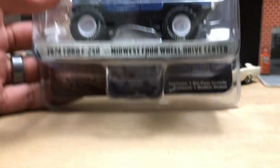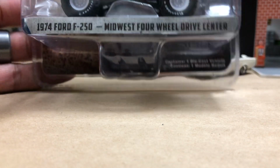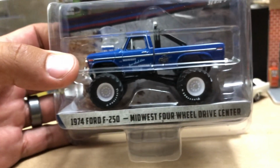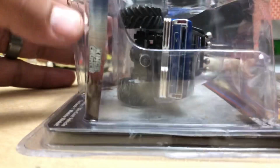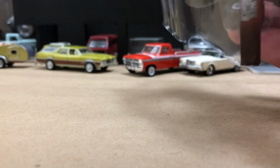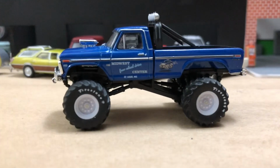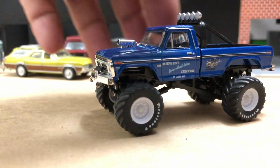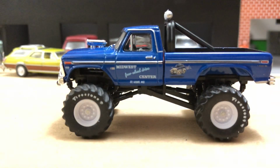And this is right before Bigfoot was named, or he might have had it already, but it wasn't on this truck. So he was just trying to promote his business because four-wheel drive as a hobby was booming in the 70s, and he took his personal truck and basically did this to it. And it's a cool truck. Greenlight did the thing justice, and really this casting was the first before the Fords we've been looking at recently, pickup trucks. So really cool. It's got the original livery on it, Midwest Four Wheel Drive. It's got a black roll bar, not chrome. Basically, this is the Gen 1 Bigfoot casting,